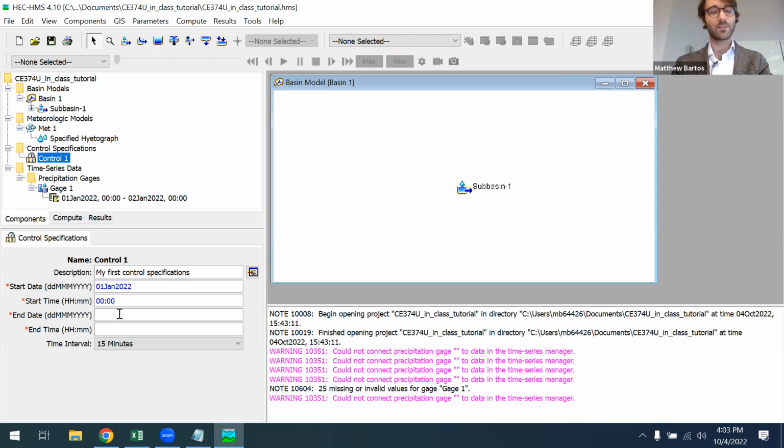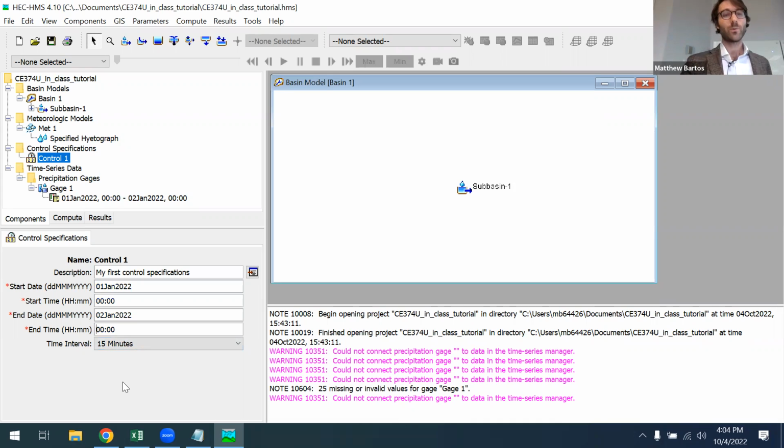Our end date is going to be 02 January 2022, and our end time is going to be midnight, which is 00:00. For the time interval, I'm going to leave it as 15 minutes. Okay. And with that, we have all 4 components of our hydrologic model created.